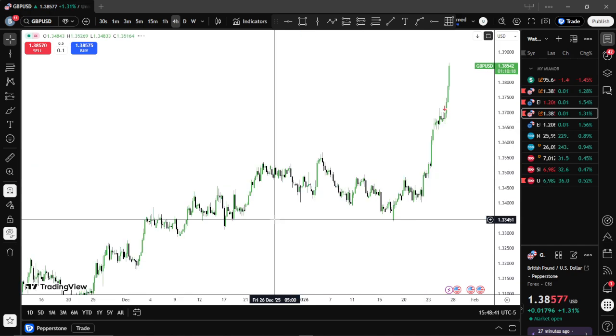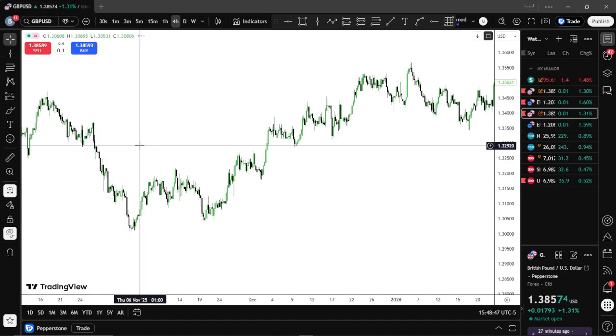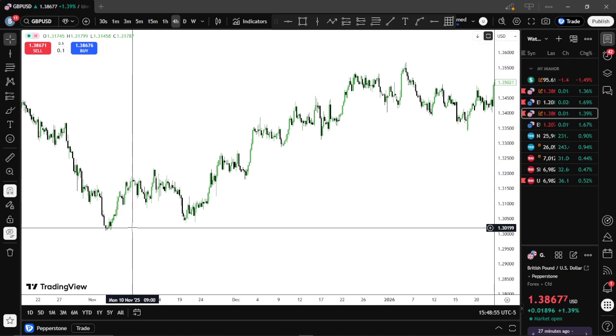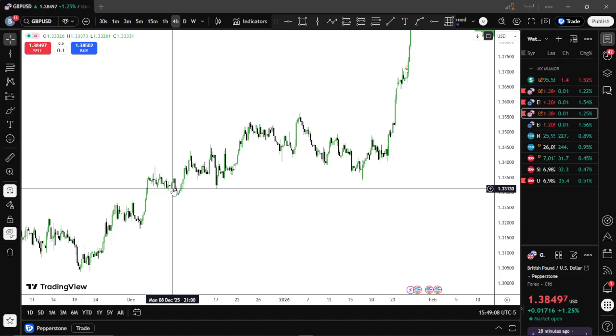So starting on, I think it was November, that's where we had this swing point here. Then some kind of SMT divergence between Euro and GBP USD. Since then we've been in a tight range, corrective structure, impulsive move, corrective, then impulsive, corrective, impulsive. So basically you have seen the structure that we have been on, but at the start of January, things got